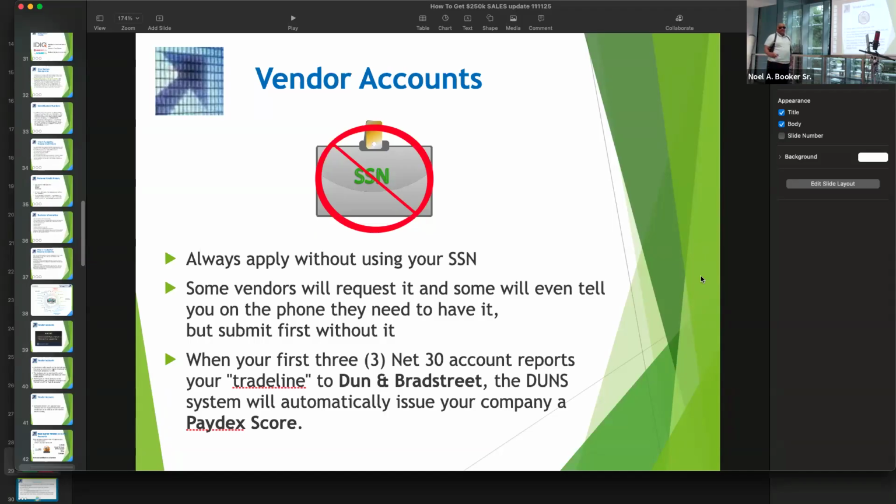Okay. Dun & Bradstreet. They got the DUNS number. I told you what the DUNS number is. They also got the PAYDEX score. The PAYDEX score is what lenders look at to determine your creditworthiness. Dun & Bradstreet will not give you a PAYDEX score until 3 companies have reported to them. 3 separate companies. There's 3 trading lines that report to Dun & Bradstreet before they give you a PAYDEX